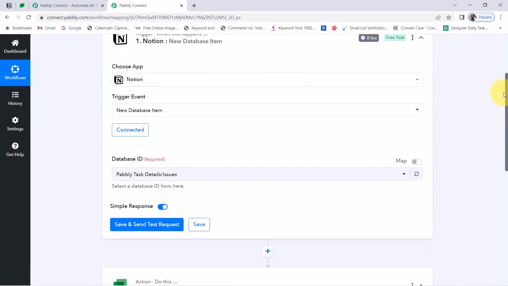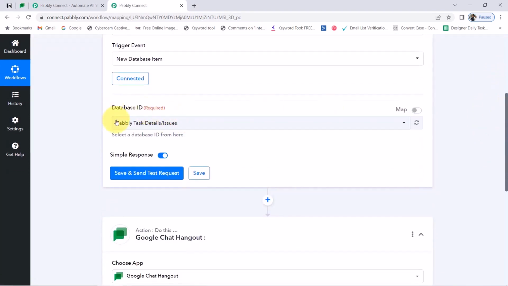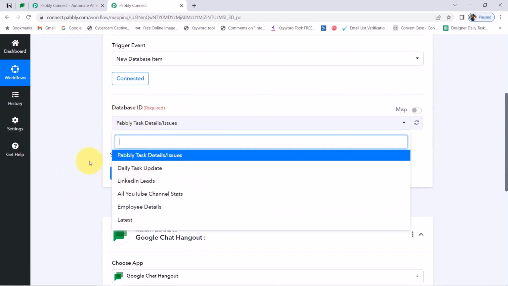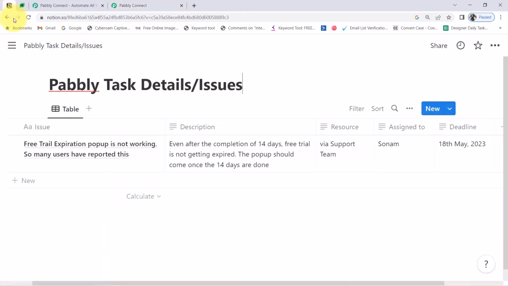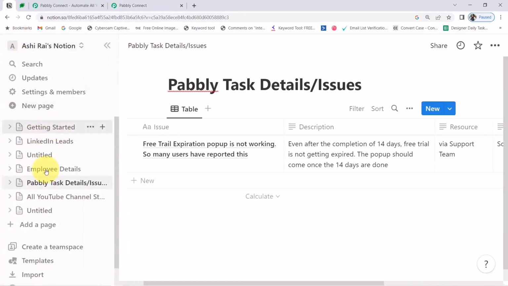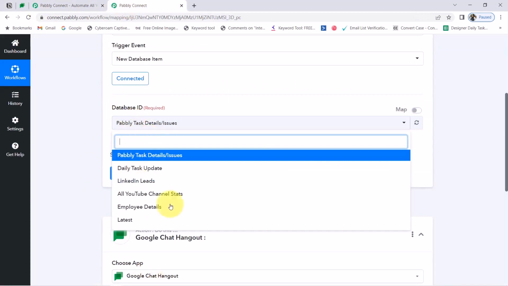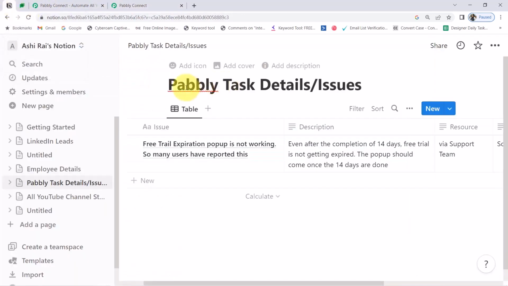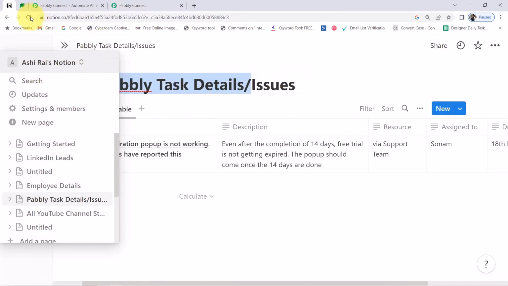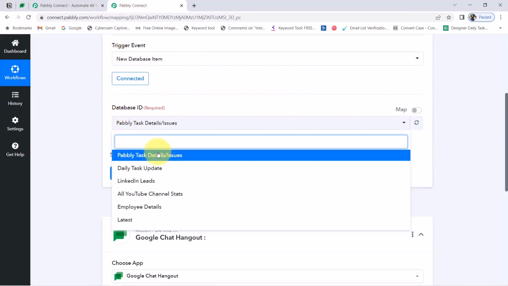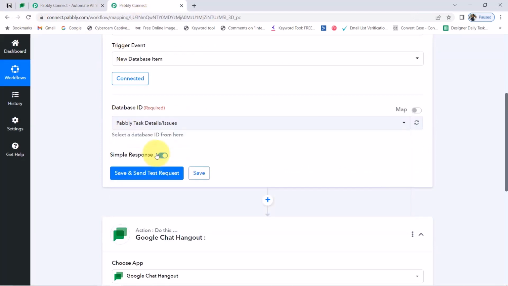also successful, and here you can notice whatever the databases are available inside my Notion application have started visible here. Let me show you. These were the pages, okay, employee details, Pabbly task details, all YouTube channels, and the same thing is visible here since we are connected. Okay, so currently I will select this specific database, that is Pabbly task details or the issue details. Okay, so let me select the same, coming back to my Pabbly Connect dashboard, and I have selected